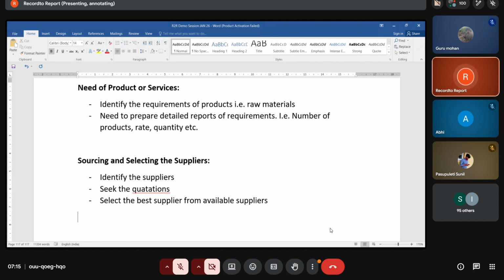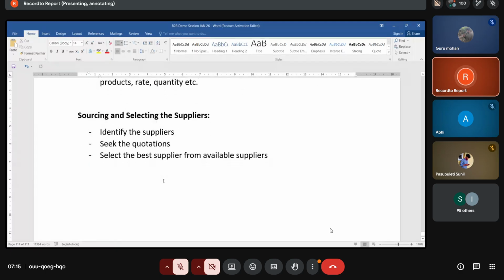Choose the best supplier from the available suppliers. So first is sourcing and selecting the suppliers. Under that, identification of the suppliers who are supplying that, and seek the quotations. Choose the best supplier from the available suppliers. So once the supplier is done,